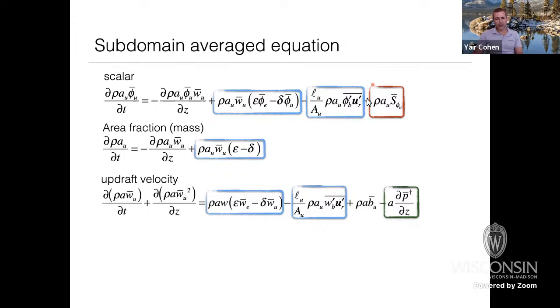In red here, the source. So phi could be a thermodynamic quantity, and the source would be microphysical sources such as rain formation, evaporation, etc. And in green would be the non-hydrostatic pressure effects that typically act as a pressure drag to slow down the motion of rising bubbles. So these are the updraft equations, but we also need to solve for covariance, at least